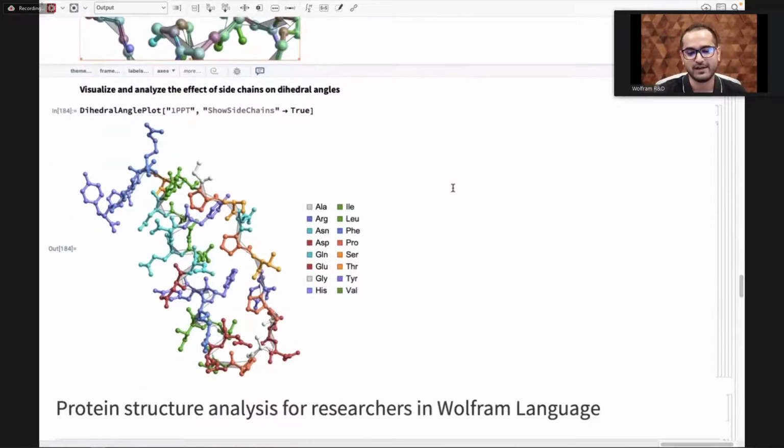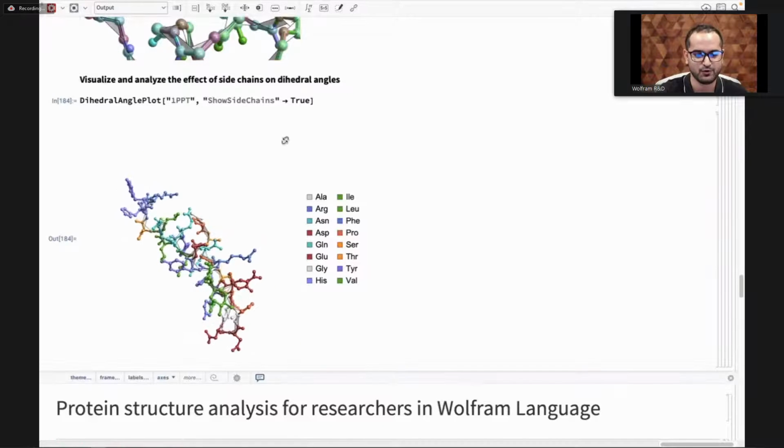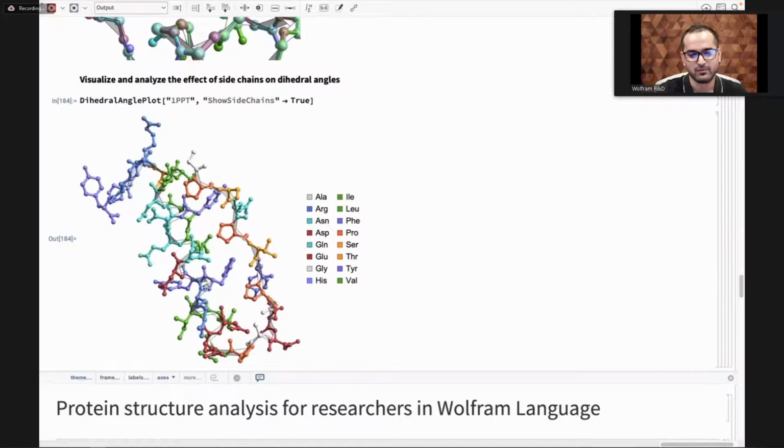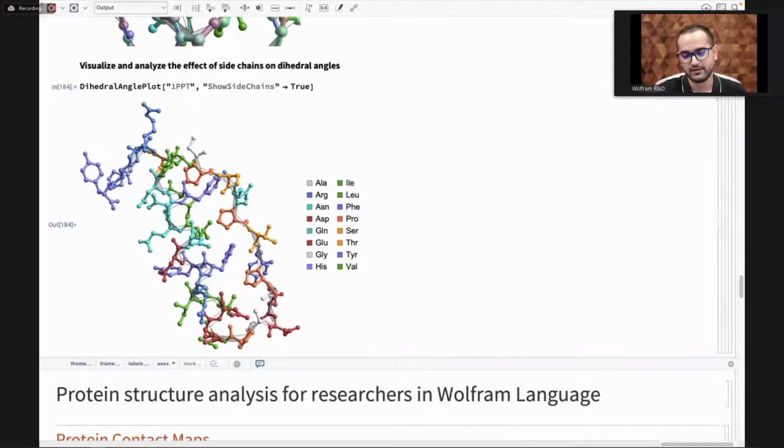And also combining this with the options of protein backbone atom plots, like show side chains, will help you basically appreciate more the role of side chains in giving rise to specific dihedral angles. As you can see here in this protein, you can see the side chains, and you can basically zoom in or zoom out to see how large or small side chains give rise to specific values of dihedral angles. So these are a few functions that can be used